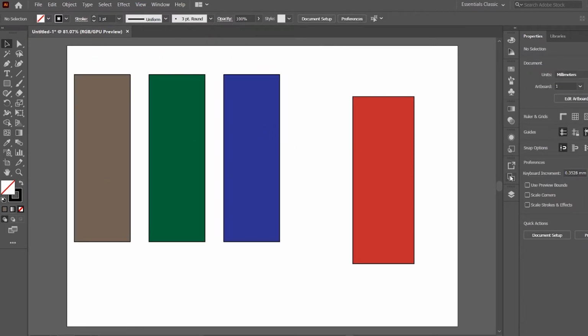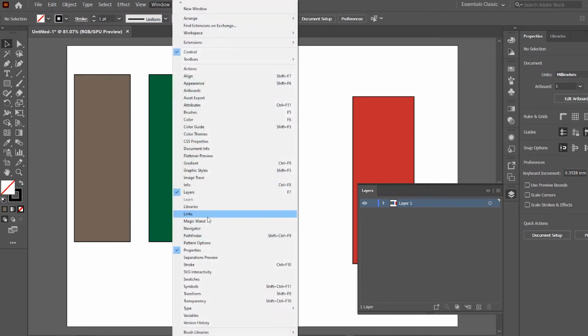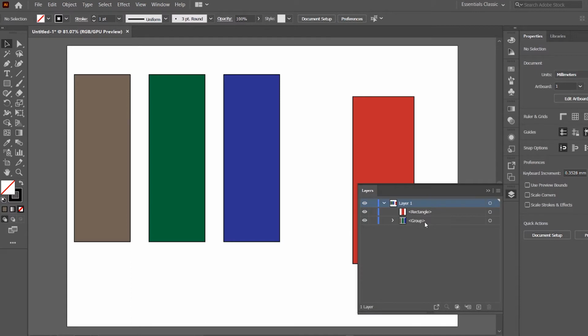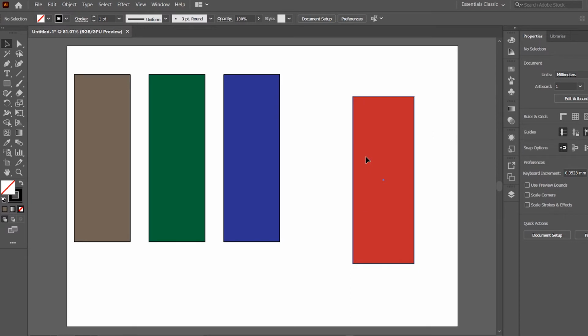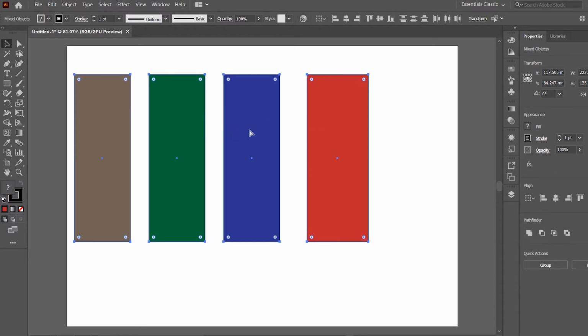Now under the Layers panel, if you haven't got it, go to Window, Layers. From there you would see this as a group. So you can see once you group it, then it becomes a group, and within this group there are all of those. Now this is very cool if you want to add to your group, so you can always choose the object you want, and with shift or by dragging over them, press Control or Command G,